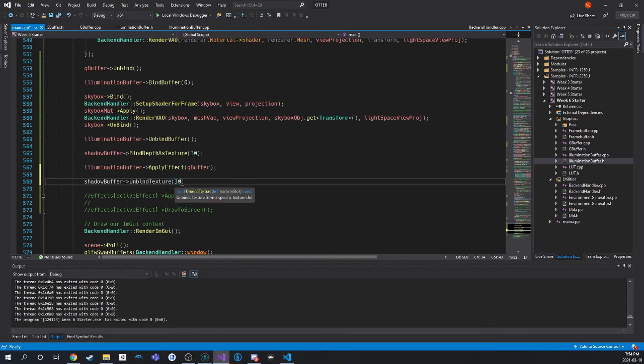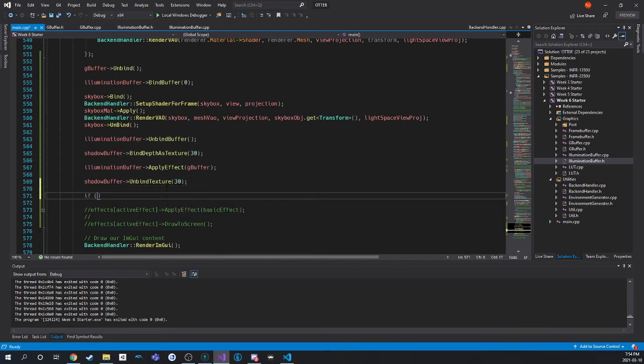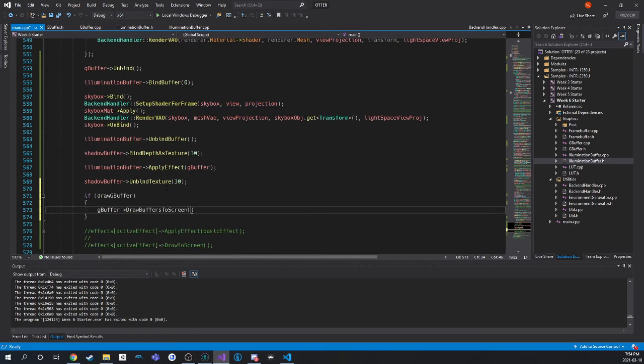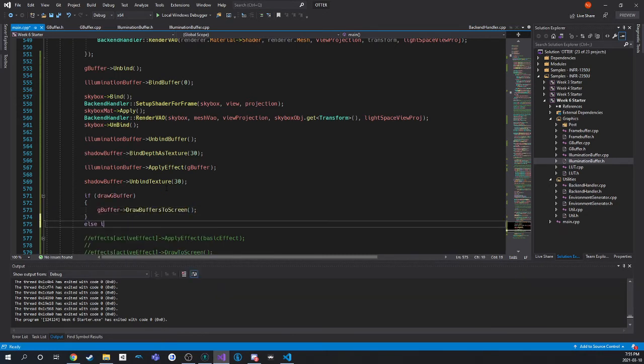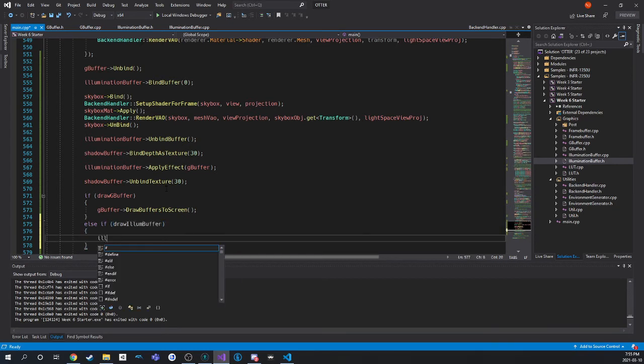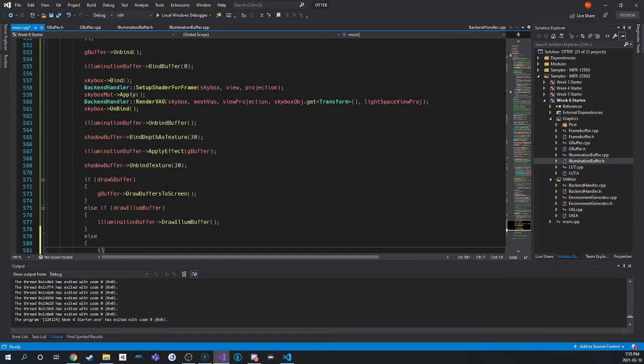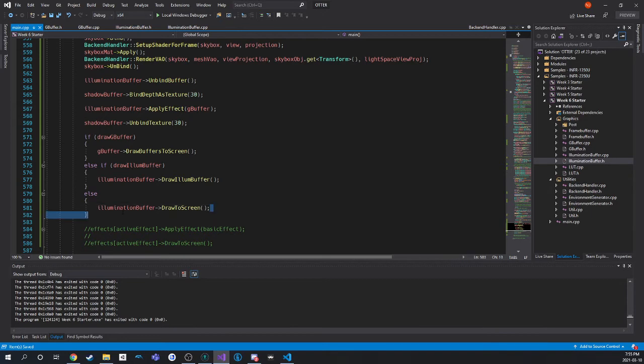Combine texture, and then if draw G buffer, else if draw illum buffer, else